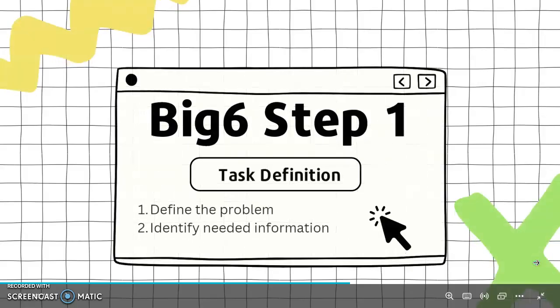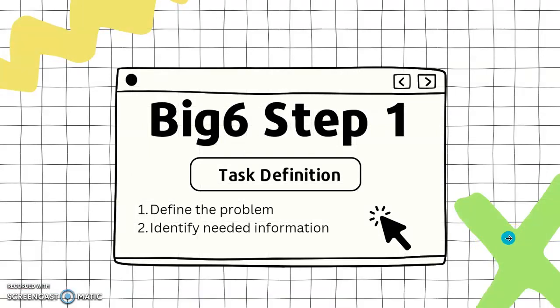Now let's go over the 6 steps one more time. Step 1 is task definition. During this step, you define the problem and identify the information you need. When doing a research project, it's recommended that you come up with a research question. This should be a question that cannot be answered with a simple yes or no, but will require you to do some research. For example, if I were planning to research emperor penguins, a research question I might ask is,